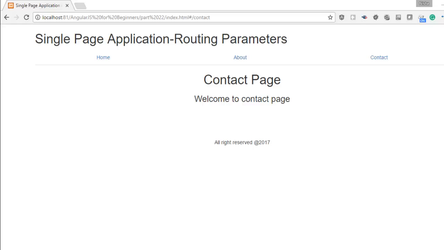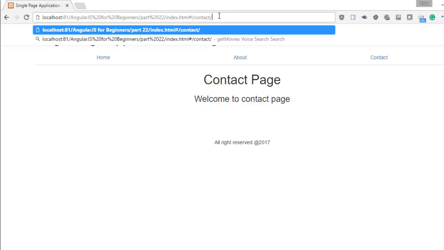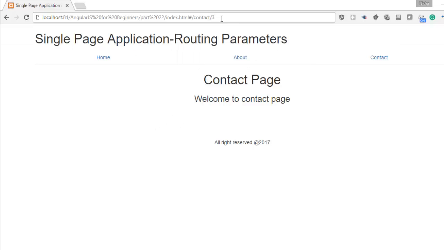So first thing is, what are parameters in routing? In my previous video I told you that in routing only the route name is going to change and the rest of the URL is going to be the same, and on the basis of your route name the content of your page is going to change. Sometimes you want to pass some dynamic value on your route that will change from request to request. In that case, maybe you want to pass the contact of the first user, second user or third user. The value that I am passing here is not a route name. It is a value that changes at runtime. This is called route parameters. So let's implement the same in AngularJS.